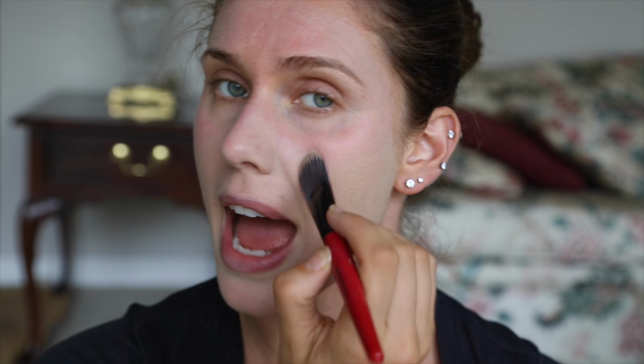So this is PA+++ protective, which basically means it protects against all those different kinds of rays that could be giving you issues. And I love it because it's a very, very silky, creamy primer. It's got something called a biosolase complex. I have no idea what that is, and I'll have to look into it. I'm pretty sure it's something that they have patented, but it's meant to provide ongoing redness relief and